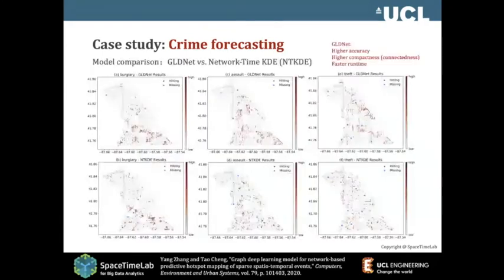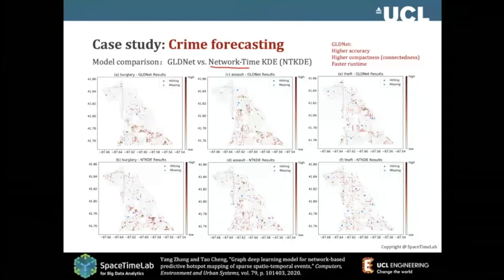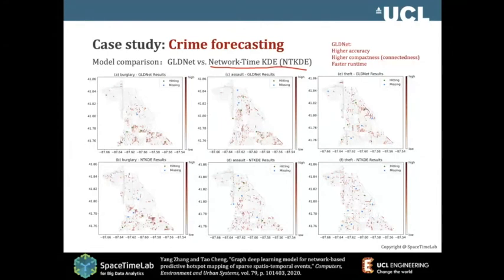To measure the accuracy, we compare with our latest model, actually network-based KDE, which has the highest accuracy. So how do we compare it? Let's have a look. We're showing what is happening during that day. For example, in one area that day we have 1, 2, 3, 4, 5, 6, 6 of them in total.